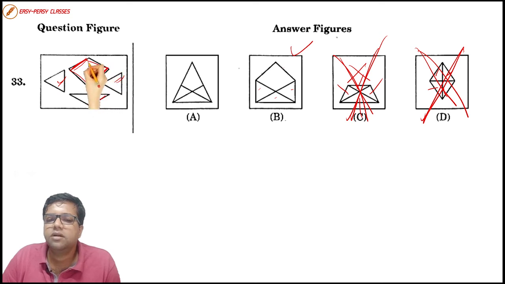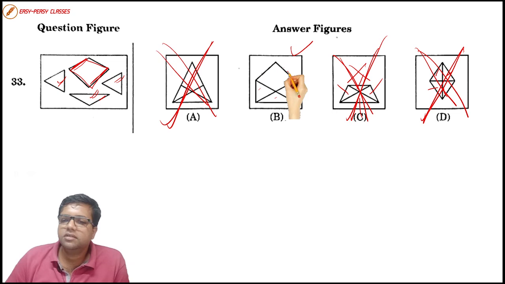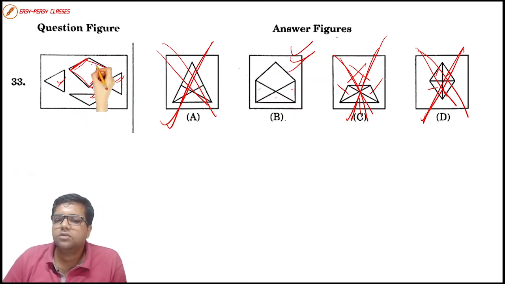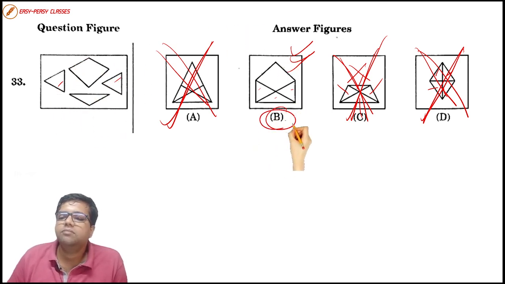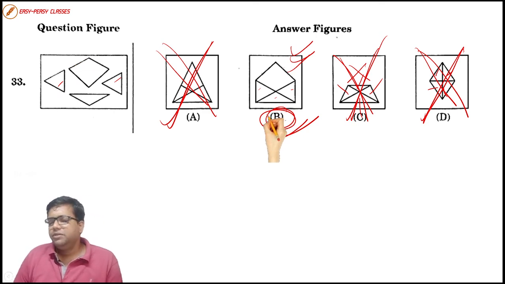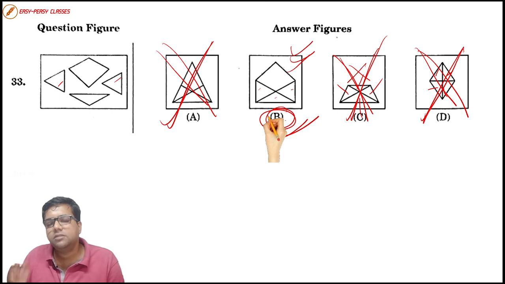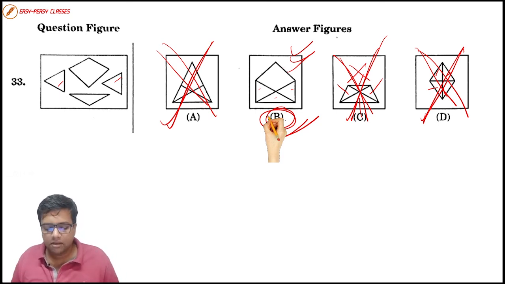Is it any way similar to this quadrilateral? No, this is not similar. This is similar, this is quite bigger. This is also bigger. They are very much similar, right? So option number B becomes our right answer. This is the only option which is left out. If you start eliminating the options, the elimination technique is very good. Actually, it is very, very good. That way you can come to the answer even without knowing the answer.